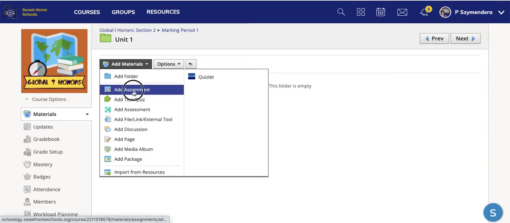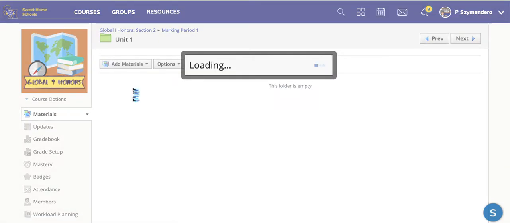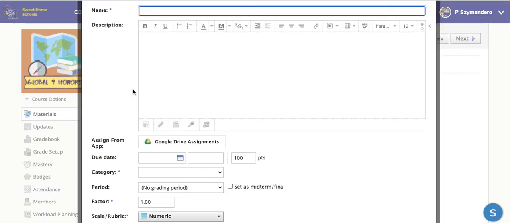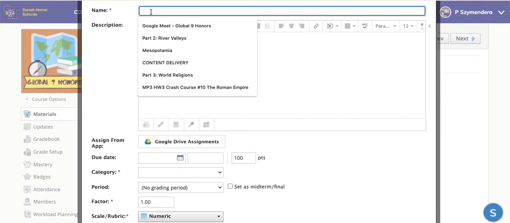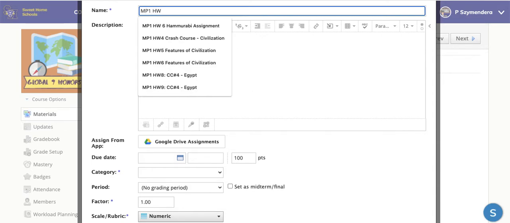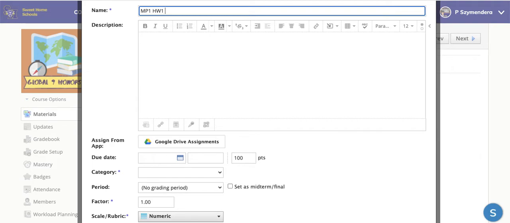I'm just going to pretend to add an assignment here. I'm going to use this system where I'll share it with you, and if it works, fantastic. I'll just call this marking period one, and I'll call this homework one. And then I'll type in, introduction to social studies. And I'll just keep on using that system